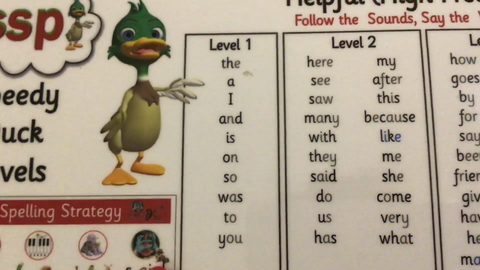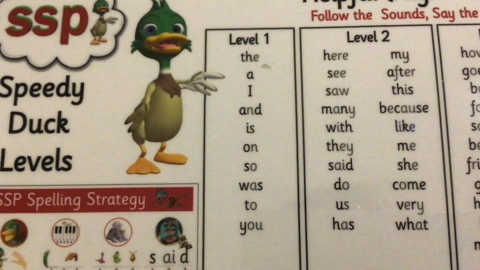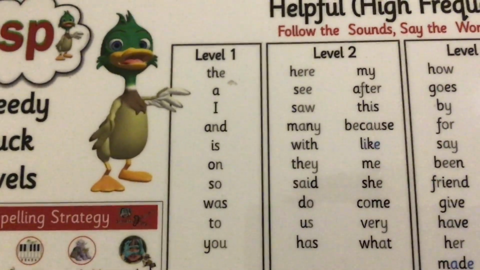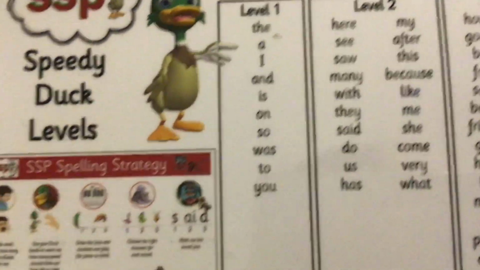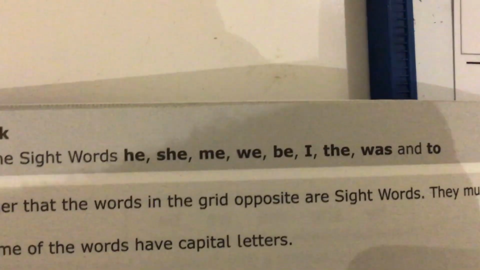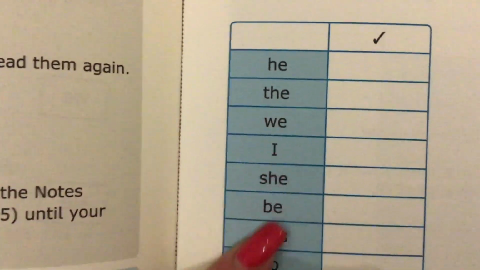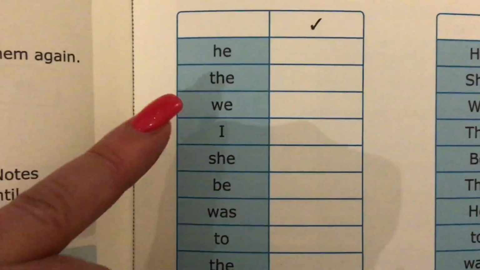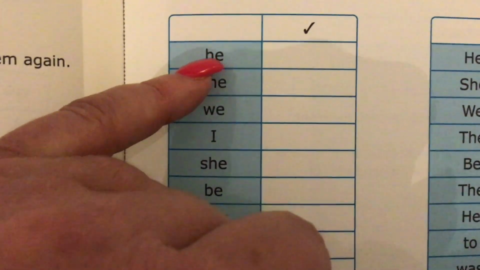So it really actually upsets me, because a lot of my work has been because I worked with disengaged teens who had spent 10 years in school and couldn't read, and it was just heartbreaking to see what they were going through. So it breaks my heart to see manuals that are for teaching adults that say, here are sight words in the grid opposite to sight words. They must not try to sound them out. And I think, why? All the lost opportunities, even if that child, even if that adult who has struggled in school to learn to read and spell, even if they're really motivated, they're going to lose the opportunity,